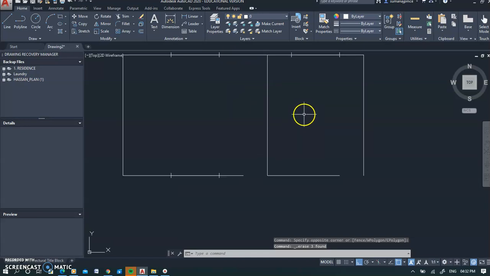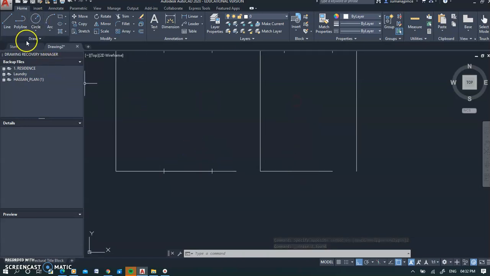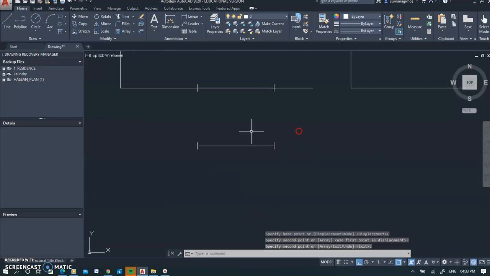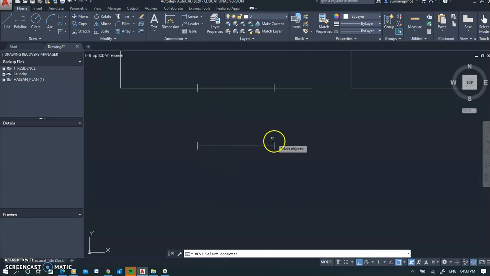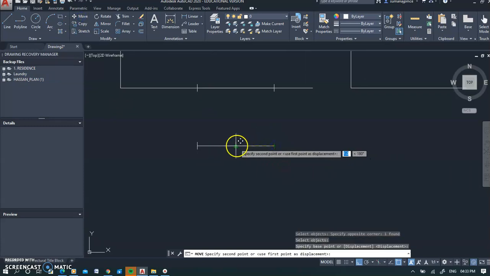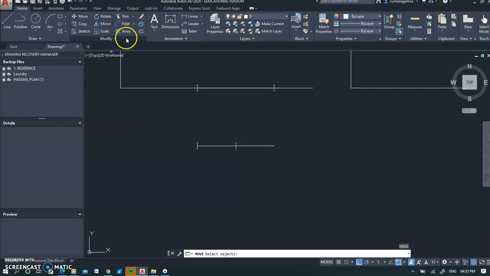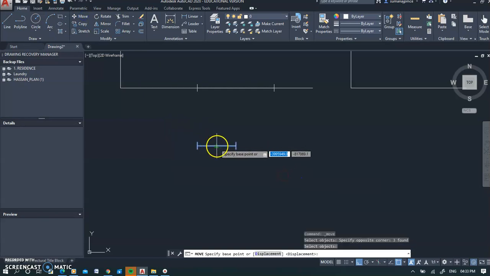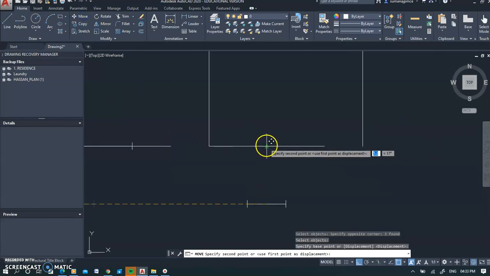Now if I want a smaller window in this room, let's say I can copy this same window, hold on to it, and bring it out, or place it there, or also set it right. Let me correct it here. There are so many methods now that you have learned. I can move this and bring it to the center point, or make it 1 meter. Then I can trim, select objects, right click, and I don't want this piece, enter. Now that's the window. So I will move this window, holding it to the midpoint and to the midpoint like this.